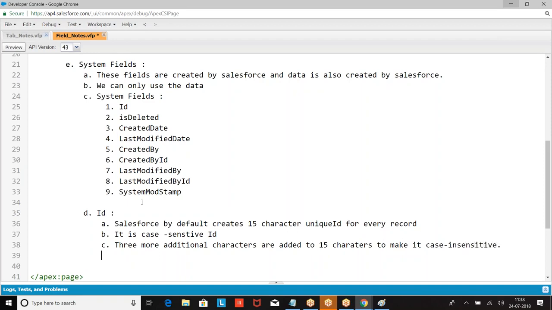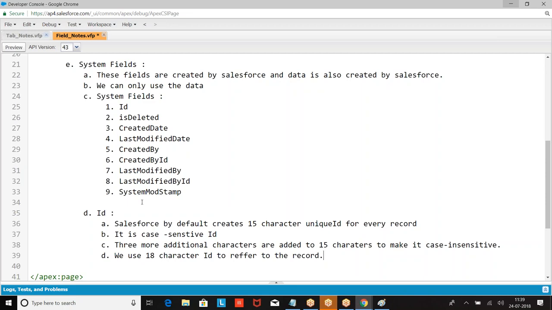So generally we use the 18 character ID to refer to the record.